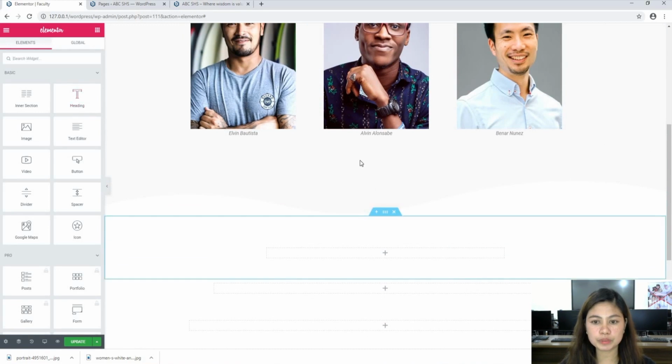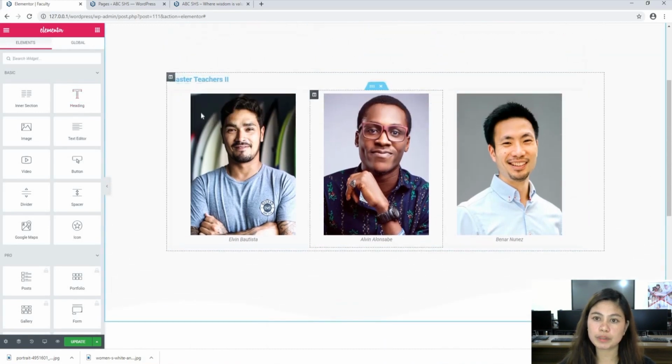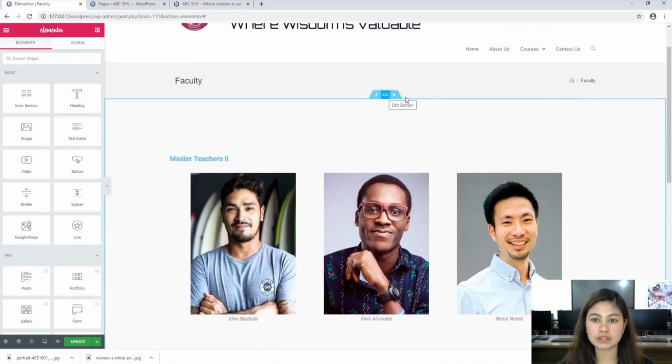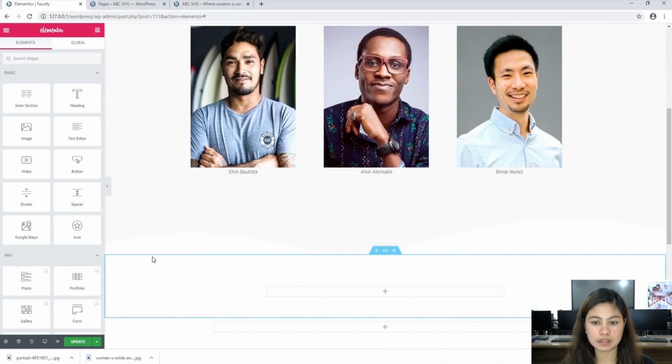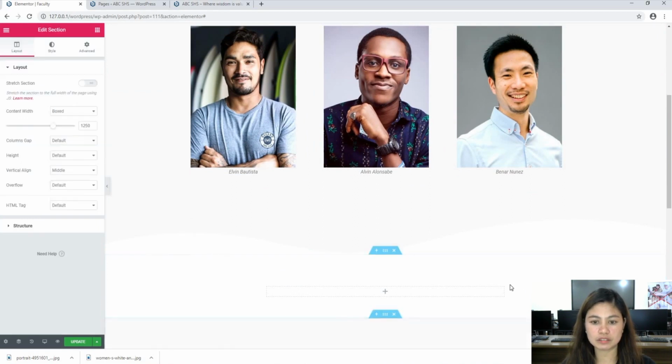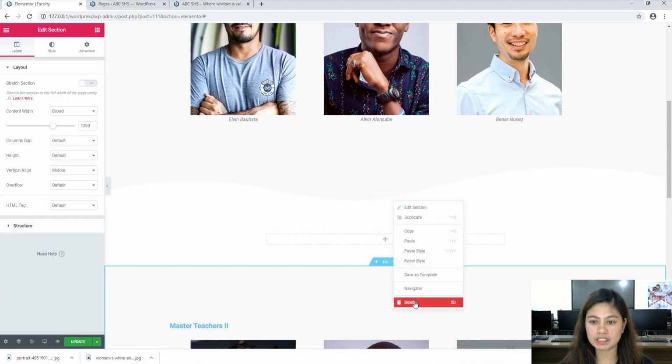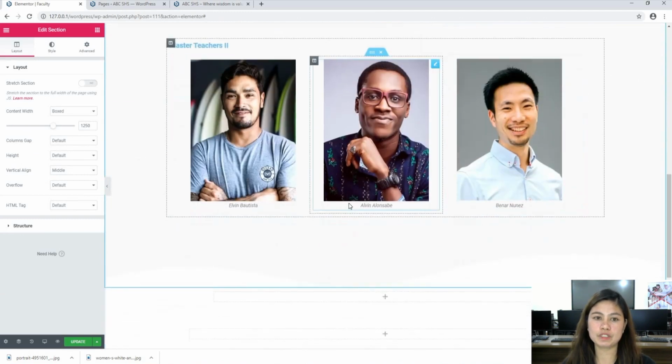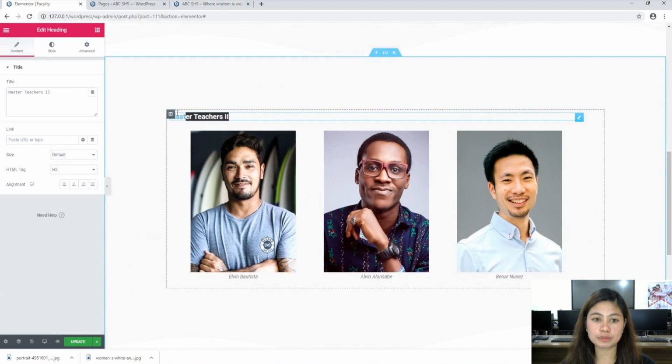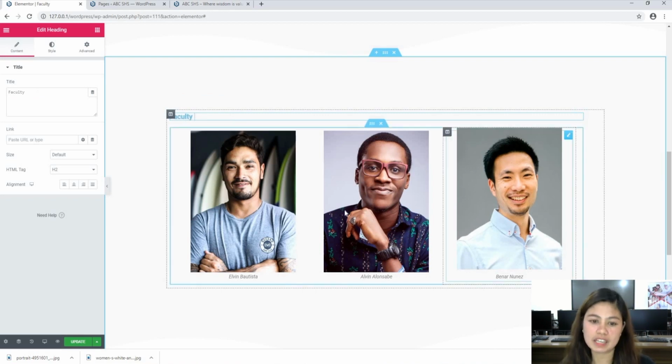So we're going to put, maybe we can copy it. Copy, then paste it. Okay. So, let's delete this. Let's change the caption into, for example, faculty. Just faculty. Same steps also for